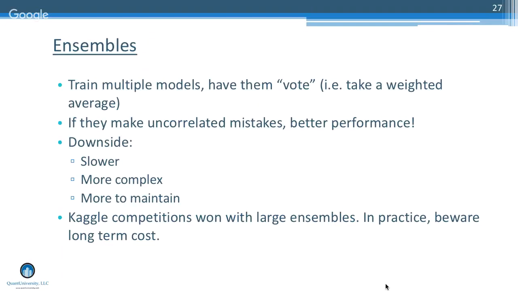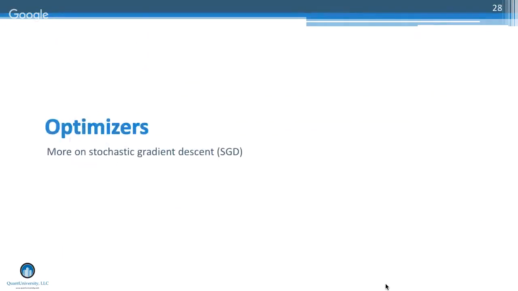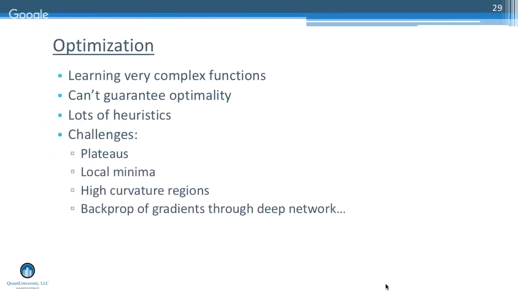At least really cost benefit. Optimization, right? I sort of hand waved about this yesterday. I'm going to hand wave a little bit more, but with a little bit more detail. Again, we're learning these crazy million or billion parameter functions that are very nonlinear, so there's no way you can find the optimal point. Nor do you, again, really necessarily want to, because we want to generalize. So there's all these different heuristics that people use.